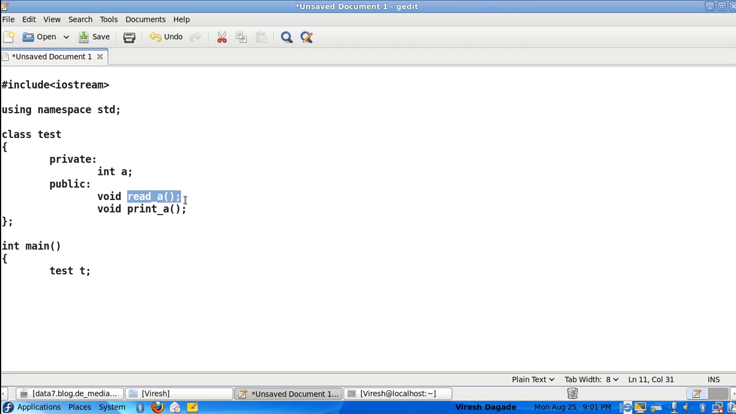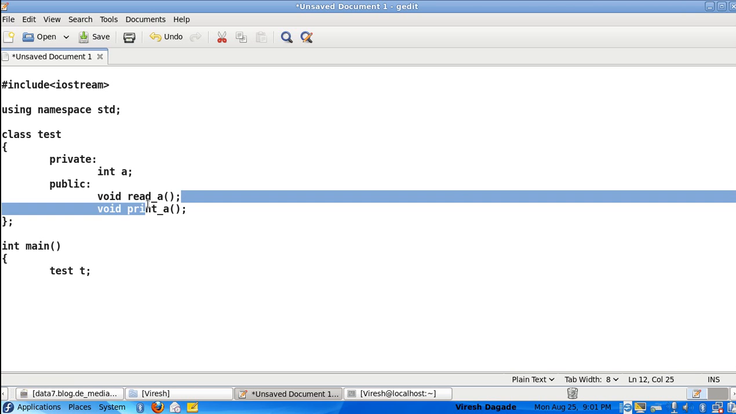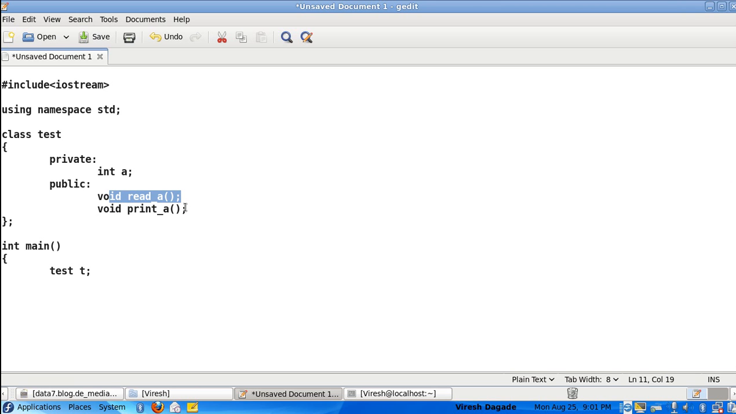I just want to read a value for a. For that, this function is declared. This is a member function of test, and this is also a member function of test. Those are declarations, and I want to provide the definition. How would the definition be like this: